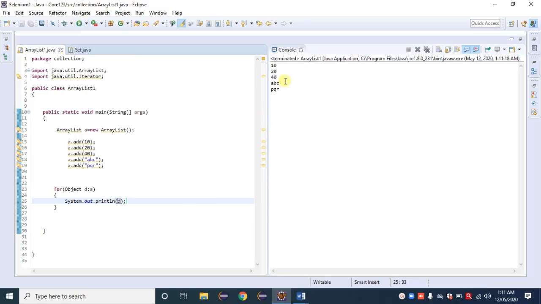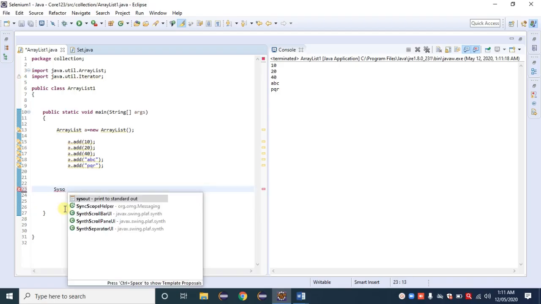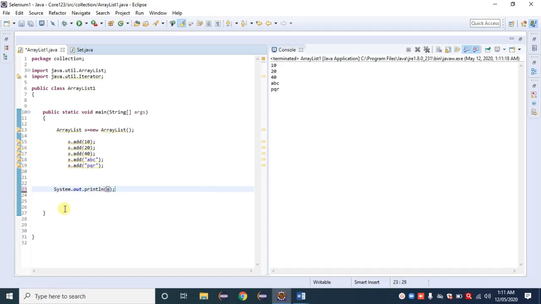We get the same output. Or we can go with it directly by using the reference variable, System.out.println, and print that one, A here.